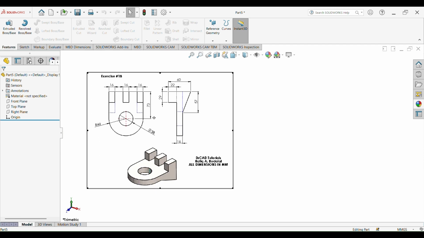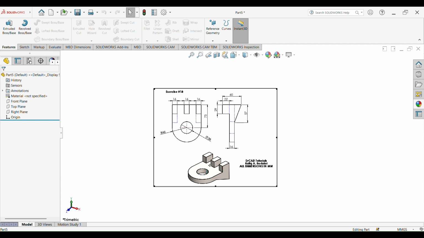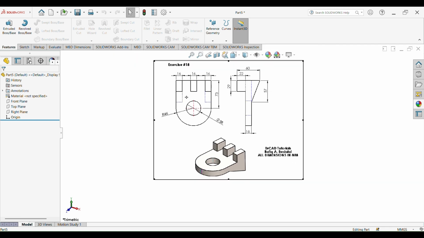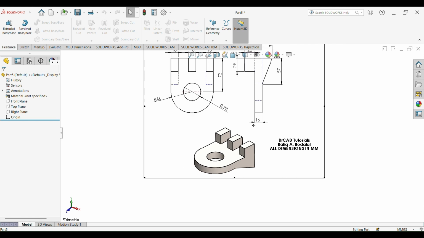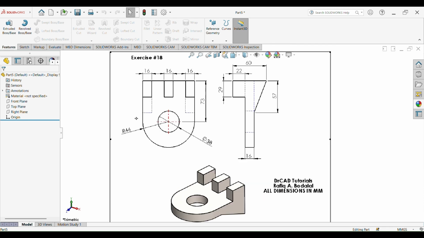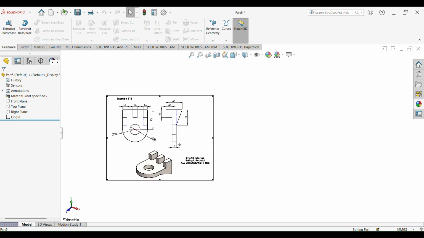To model this, I think the easiest step to start is to sketch the profile of this base right here, and then use the extrude boss base feature to create a thickness. So instead of actually drawing one big circle right here and then connecting it with lines, we're going to draw a rectangle, and then we're going to smooth out the two edges to create the radius right here. So let's select top plane,